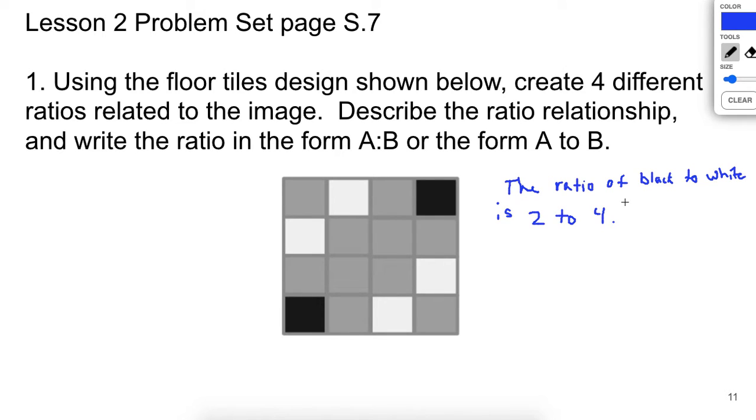The key is you need to describe them. In this case, I did black to white. So I said there's 2 black to the 4 white tiles, so I end up with 2 to 4. If I'd changed my wording around, white to black, then I would have had to switch the numbers around also